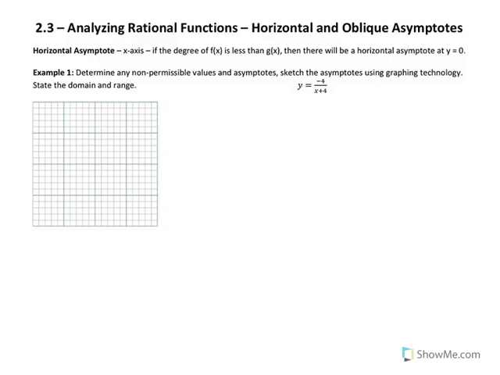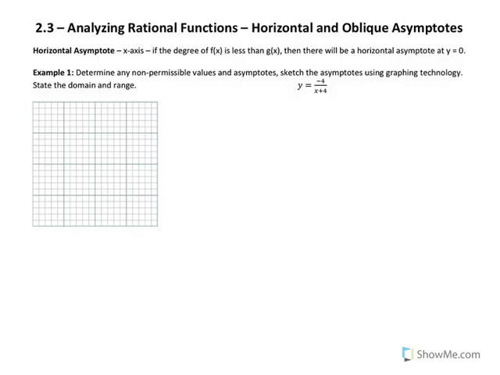2.3, Analyzing Rational Functions for Oblique and Horizontal Asymptotes. So we're going to be determining when you have a horizontal asymptote and when you have an oblique asymptote and where those asymptotes will be. So the first thing is determine the non-permissible values and asymptotes, sketch the asymptotes using graphing technology, and then state